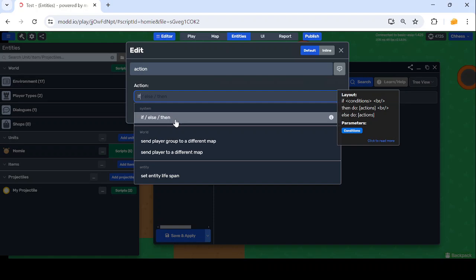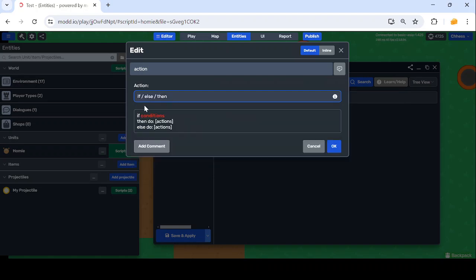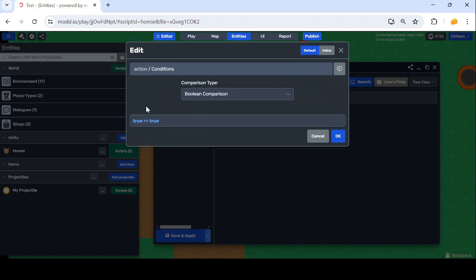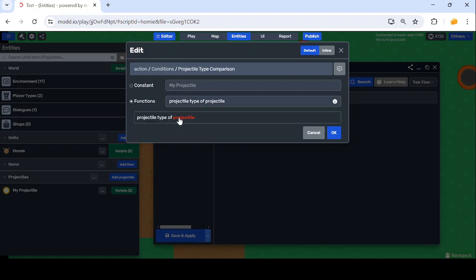Alright, I hope you guys tried this out, but here's what we're going to do. We're going to use an if statement, and there's some conditions. So there's different kinds of comparisons. You might see there's a lot, but what we're looking for right now is we're comparing projectile types. We're trying to see if the type of our projectile is a my projectile, because that's the name we gave it. So projectile type. So on the left side, it's common to just put the projectile type of